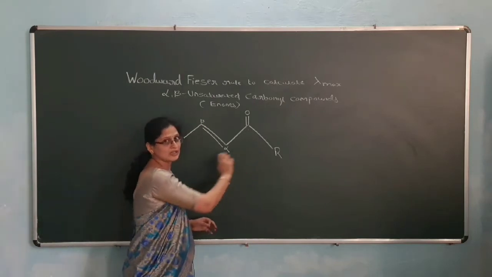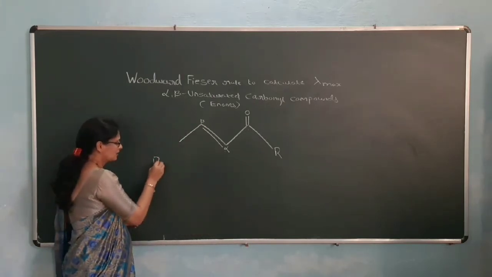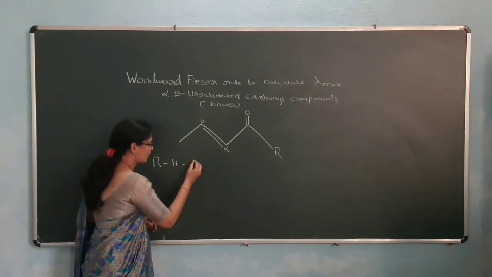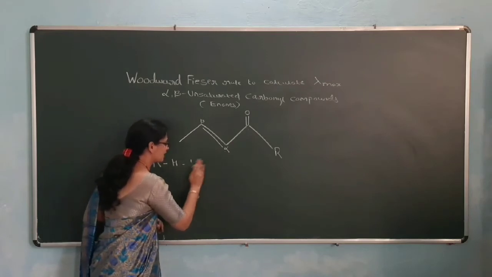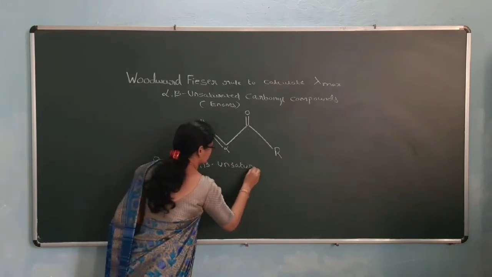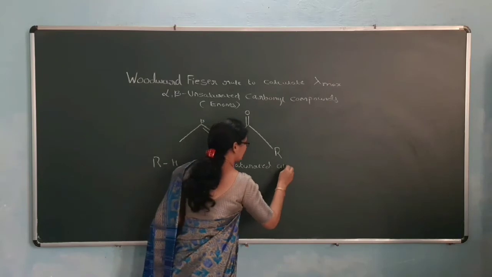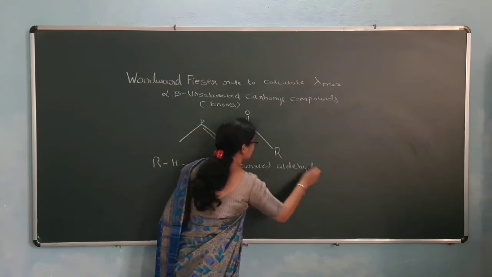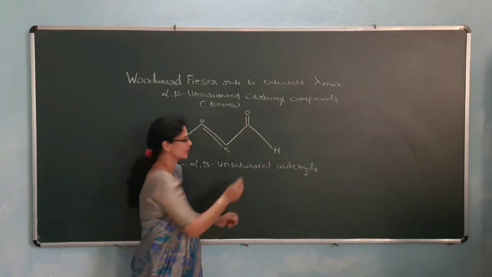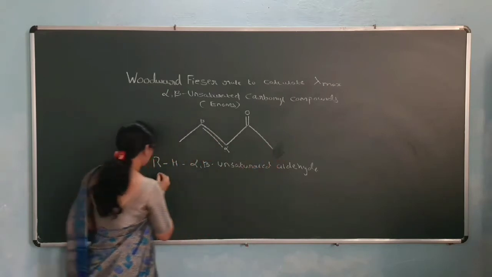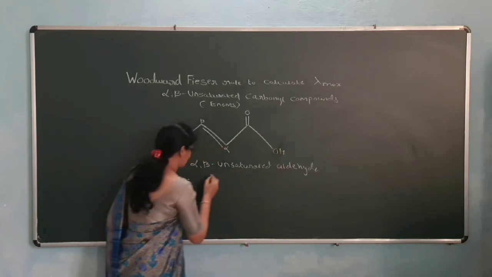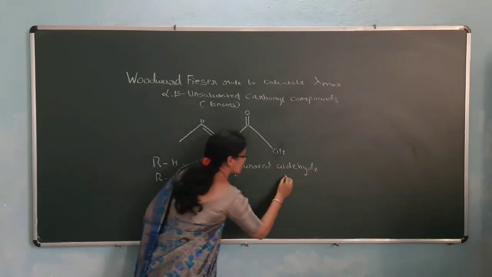Here I have written R. What is R? If R is equal to H, then this compound becomes an alpha beta unsaturated aldehyde. I will replace it and write it: we can see here C double bond O H, so it is an aldehyde. Next, if I replace R with OH, it is an alpha beta unsaturated carboxylic